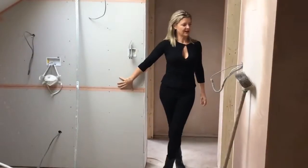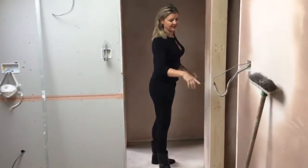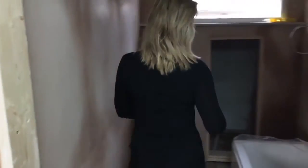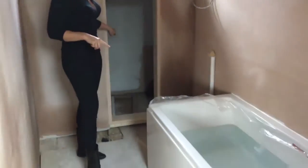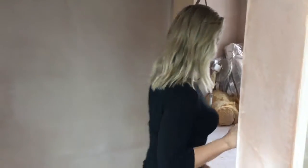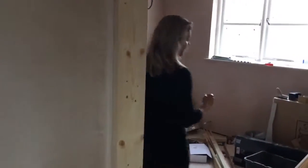So we still need to plaster these walls. The bath went in yesterday. We've got a lovely little storage cupboard in here that's being replastered, and obviously new windows here. Now, what I suggest is, if you're ever getting new windows or whatever you're doing,